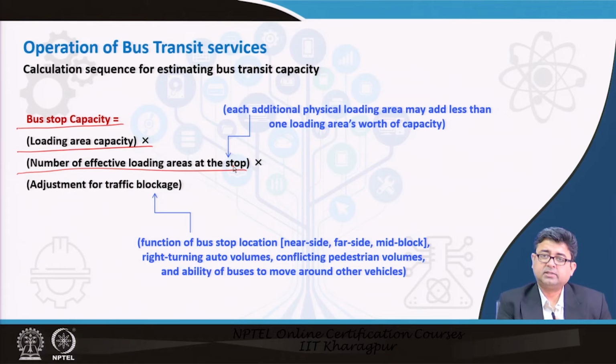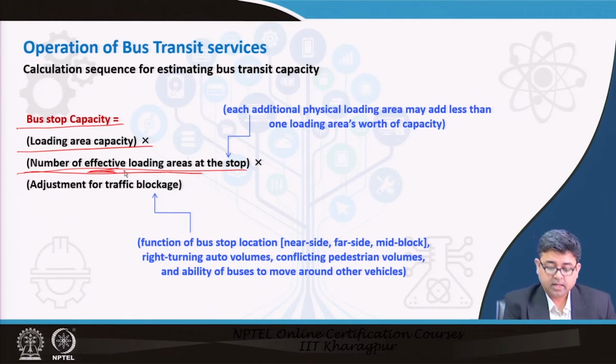Or even the existing bus may not have stopped at the right position, so it may have taken up both the spaces and the other bus is unable to come inside this loading area. That is why you have to calculate the number of effective loading areas and not just the number of loading areas at that stop,